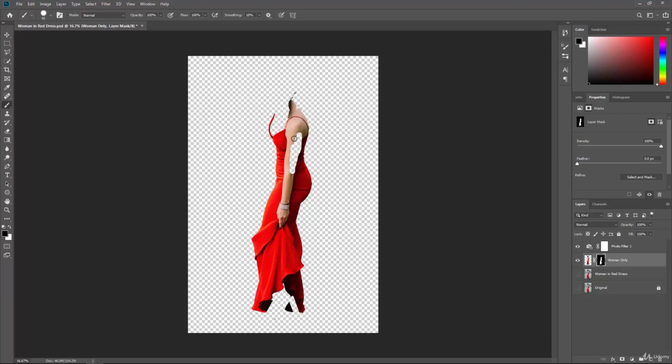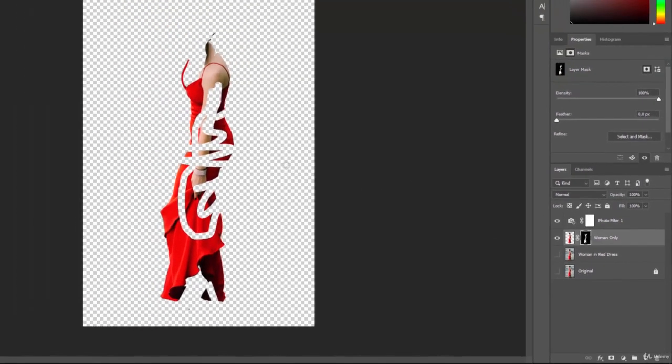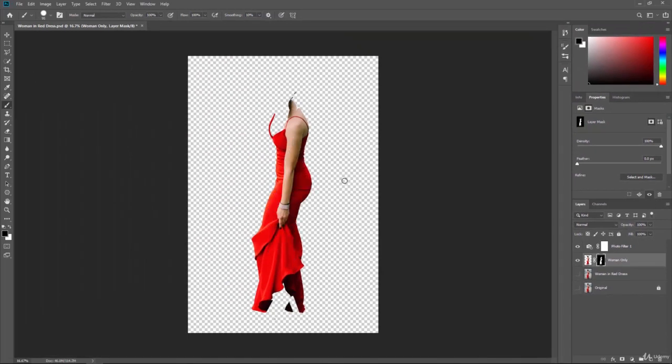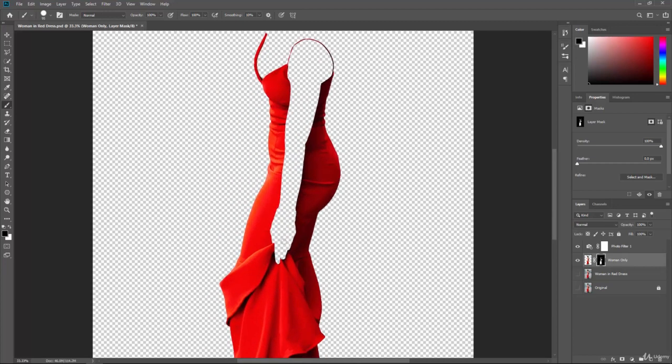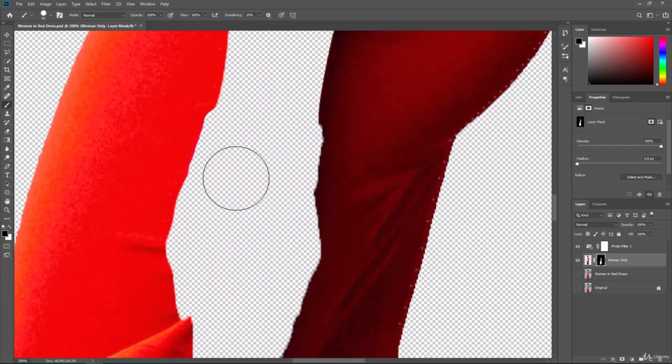You've got to be careful though, because you could actually go into the dress and damage the dress. But as I make changes, if you can see in the preview window, I know it's a little small, it's actually showing those changes happening with the black and the white. So that's one way that we can edit non-destructively, by only adjusting the mask. What is really great is if you make a mistake, let's say you wanted to do a little better fine tuning of the hand, you could do that. So we could take our brush,